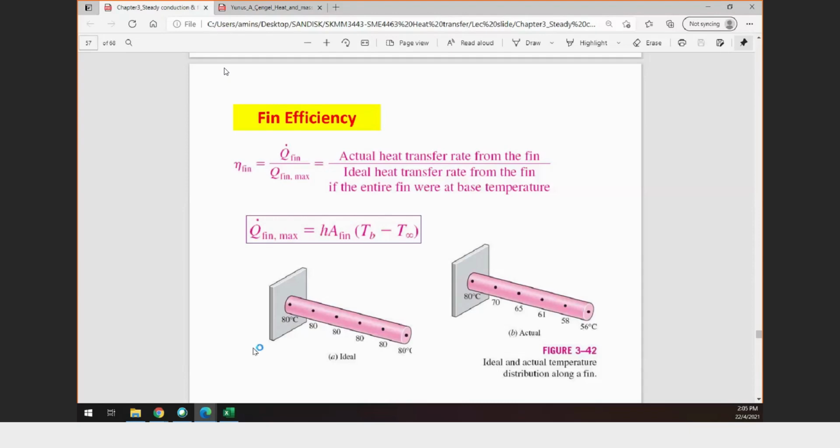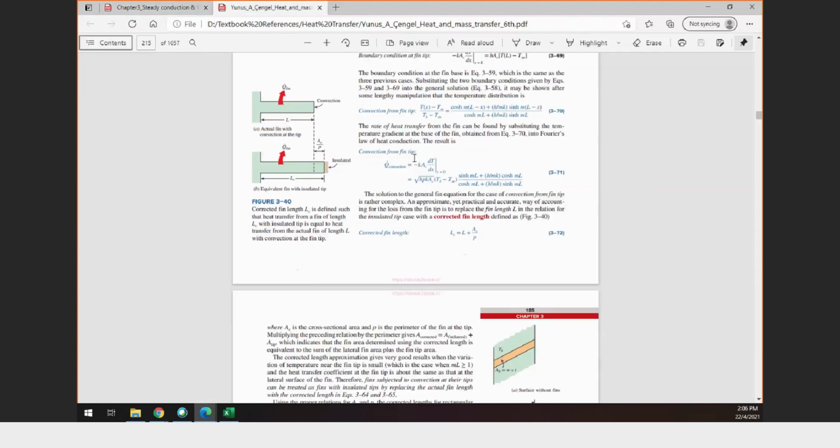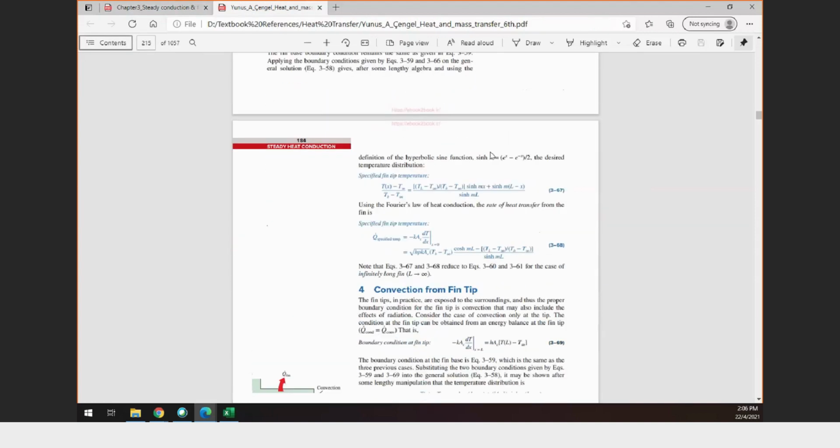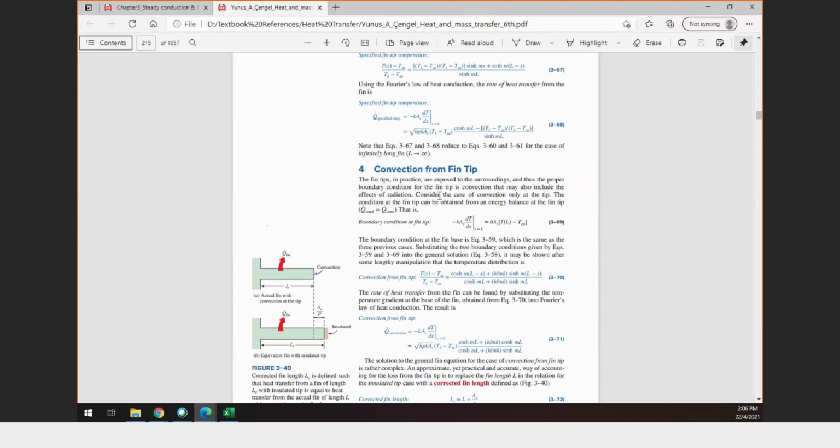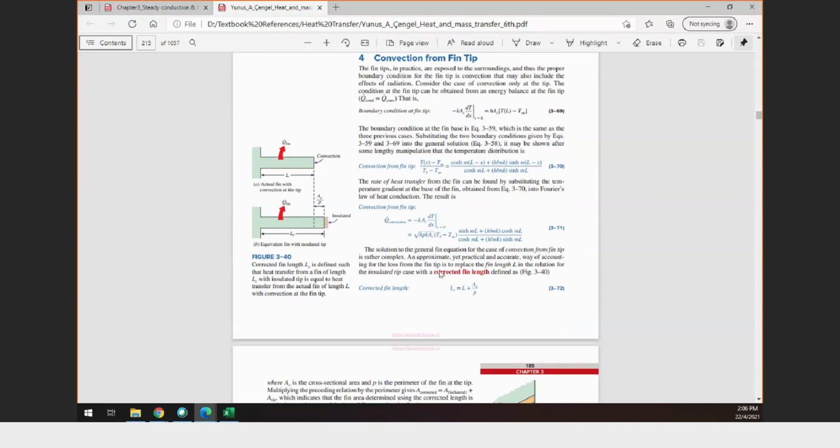...of the particular fin or at a particular point, as well as the heat transfer. However, if you look to the textbook, where is it? Yeah, just after case number 4. So if you look at this